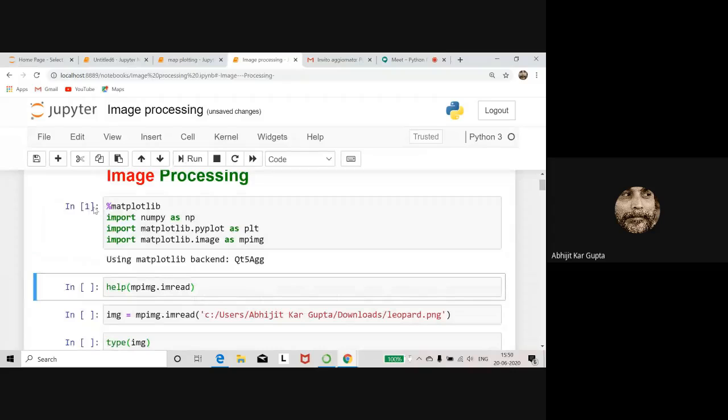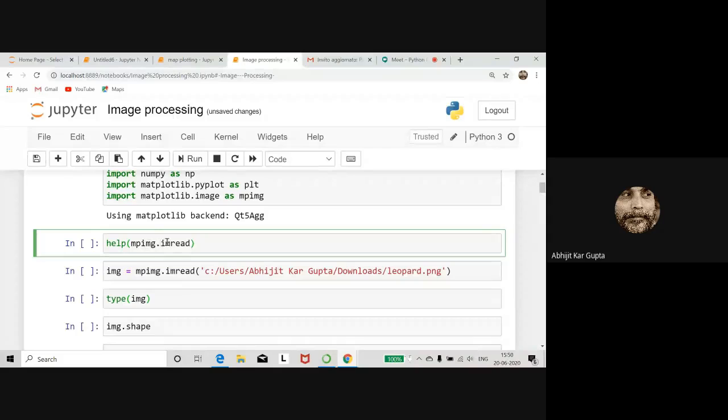It ran because you see the number 1 came here. It is saying that the window will be created at the back end, behind. So now you can check mpimg. Inside that there is imread. You can think of this as a submodule or a class; under this mpimg there is imread, image read basically. So imread is basically a function. So you check the help.